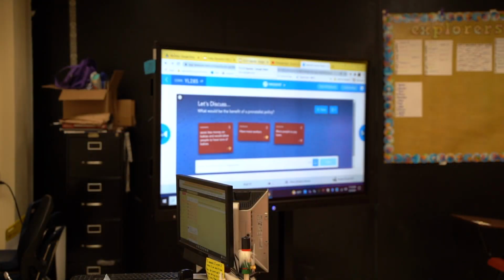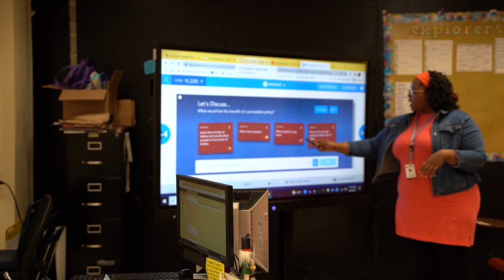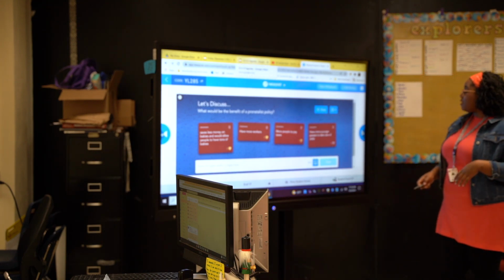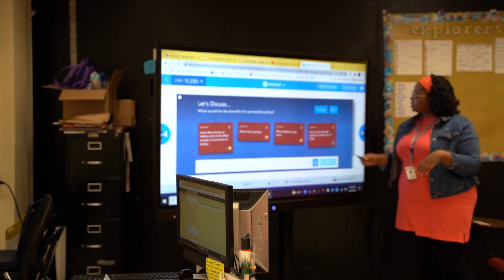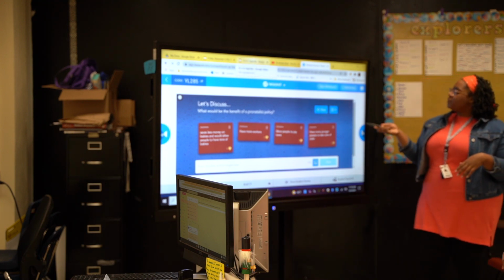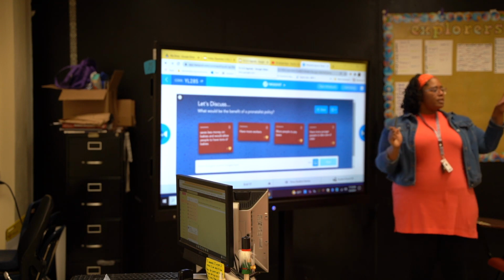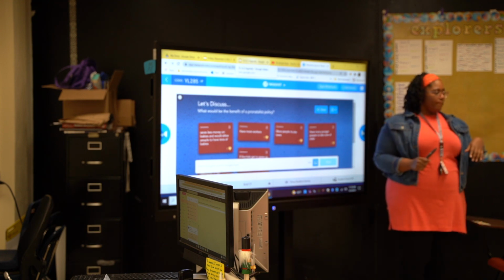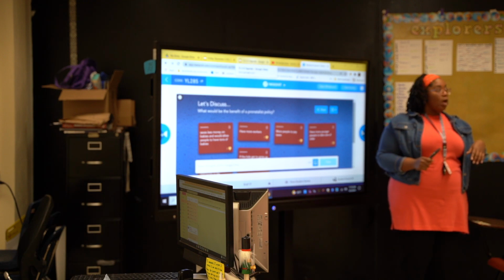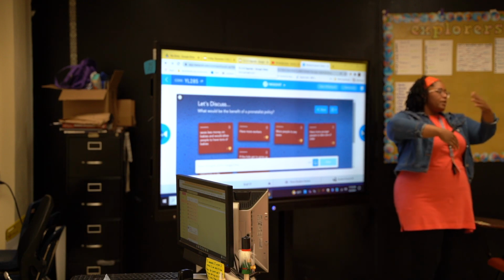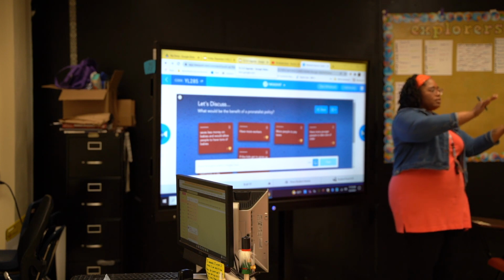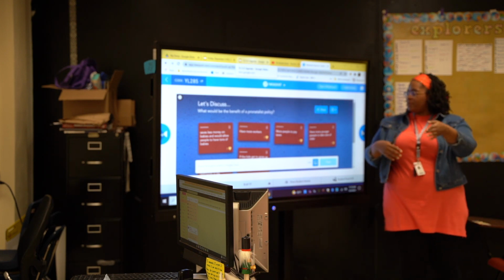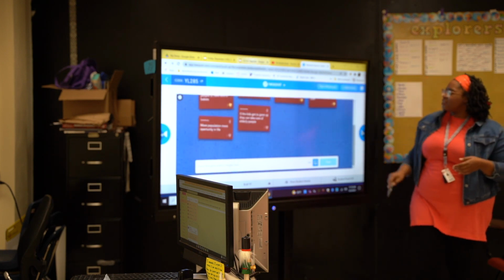Just post it. Ooh, people pay more taxes. Okay, that's a good one. Have younger people to take care of the older. That's another good one. Okay, so for the person who said people pay more taxes, how does that benefit the economy? So more people can have more children. Okay, so now you're looking at how it becomes a cycle. They pay into the system, now that money can get used for more people. Okay, good. This looks good, y'all.